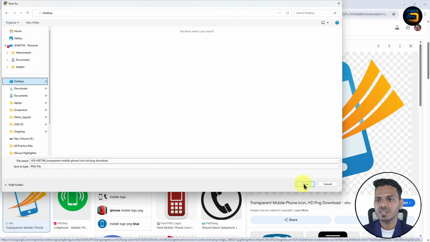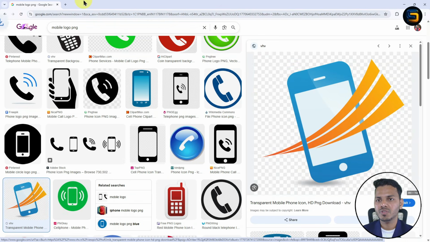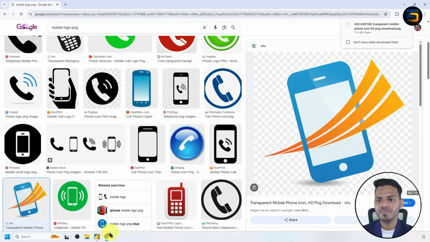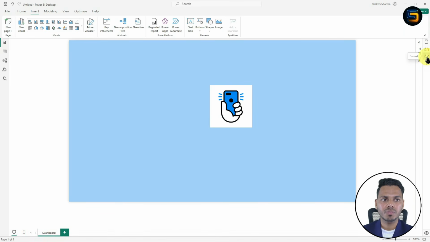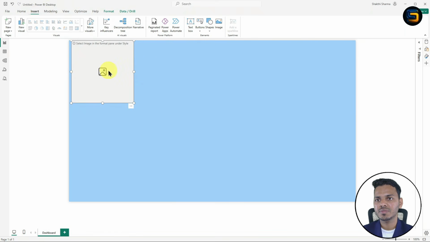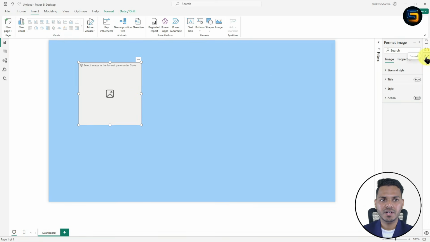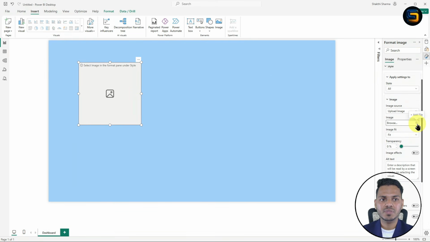So I will save it as desktop. Now here you can see this is the PNG image I have taken. Now let me go to the Power BI desktop, go to format option, or what you can do is just remove this image, delete it, go to insert image. Now go to format. From here we need to go to style, and inside the style this is the browse